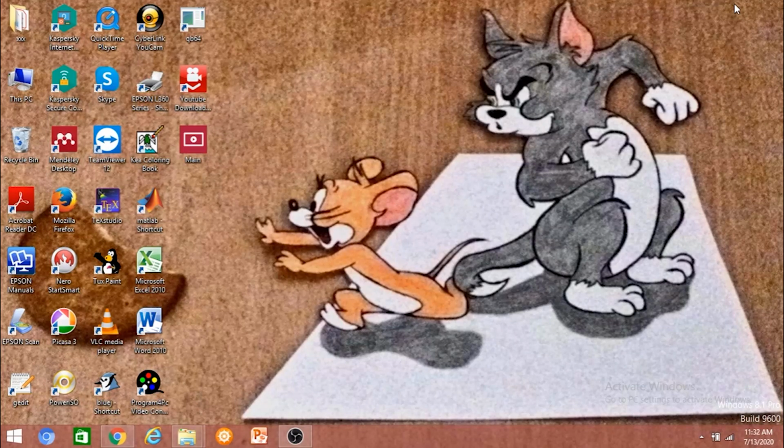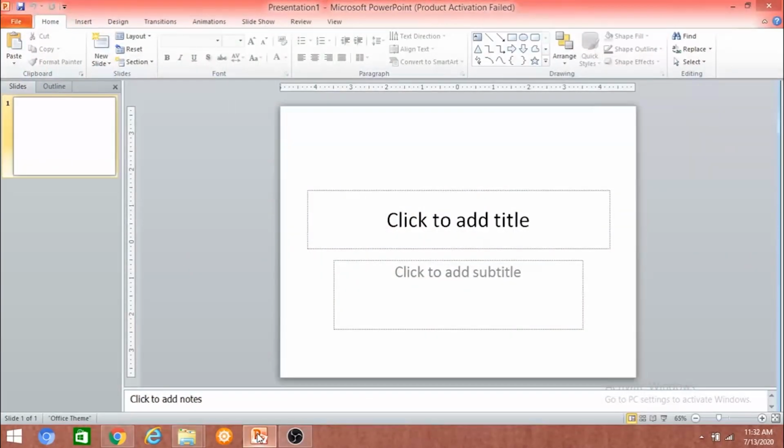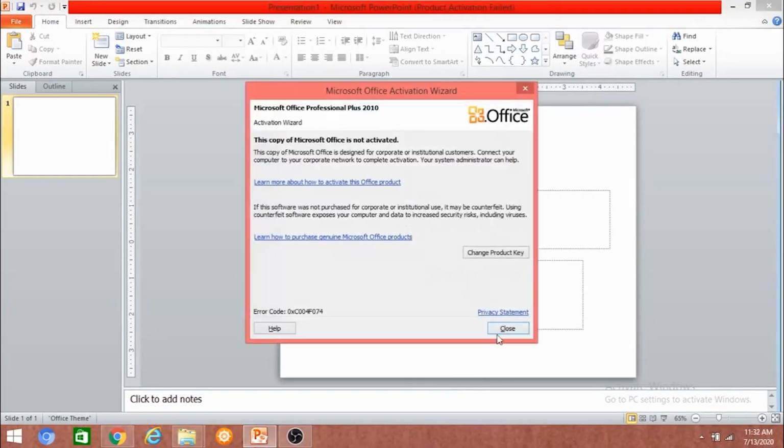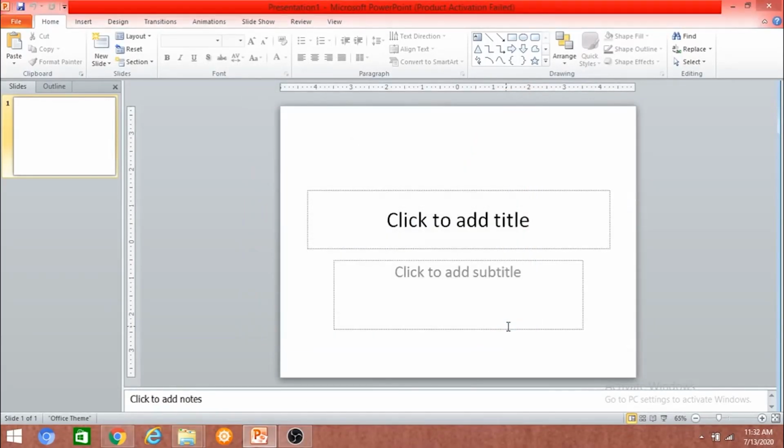In the desktop or in the Start menu, under MS Office category, you can find PowerPoint. For making it easy, I have pinned it to my taskbar. I am here using PowerPoint 2010 version. If you have another version of PowerPoint, the basic functionalities remain the same.